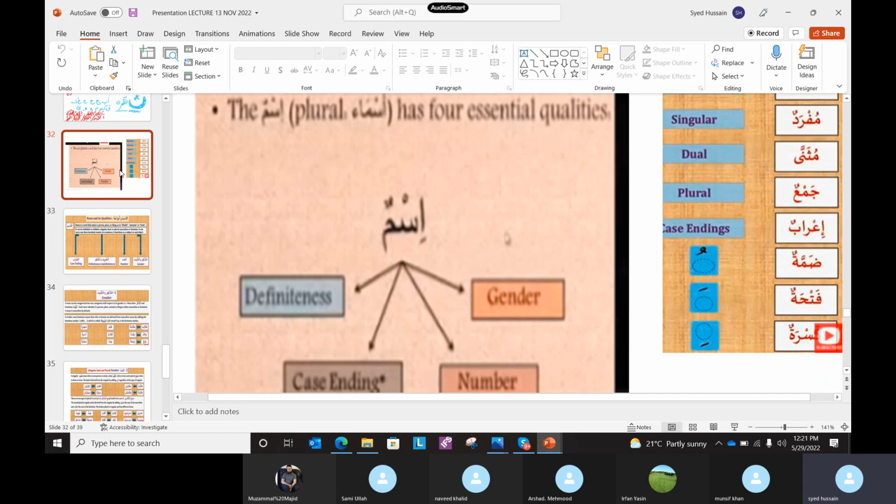In Arabic, it's called i'rab. So inshallah, we will study on that. So when we say singular, it means mufrad. Mufrad means wahid, one. Then there's a special thing when a quantity comes, and that is also very unique